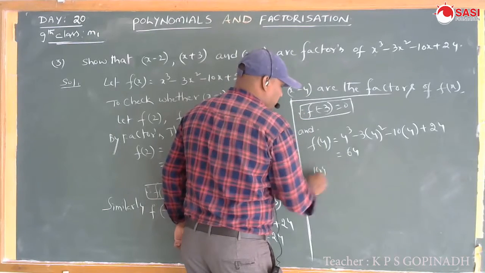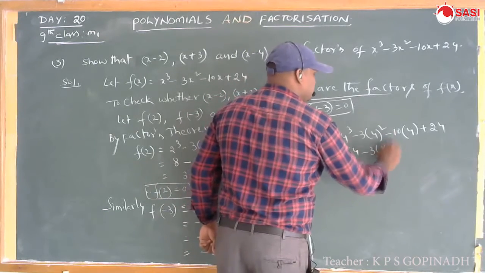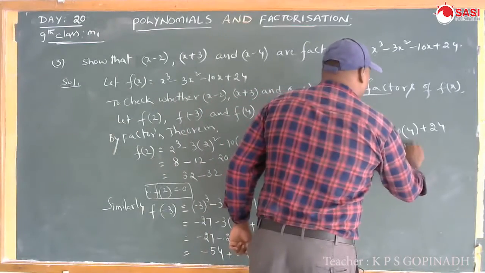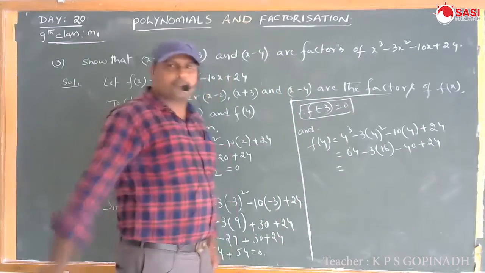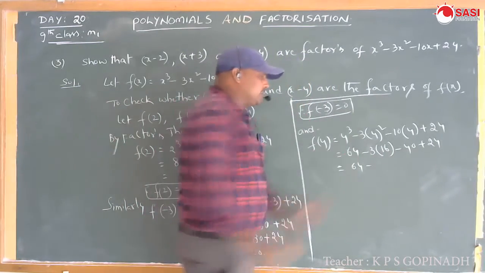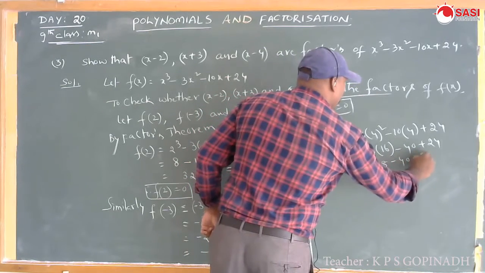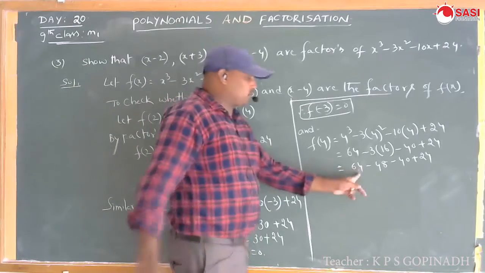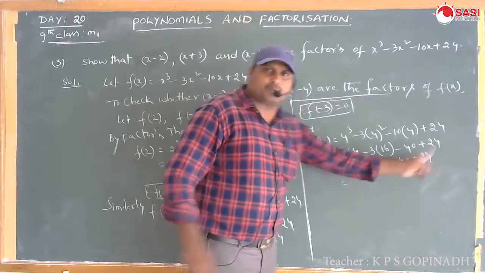16 into 4. Okay. 64 minus 3 into 4 square 16. 4 4 plus 16 minus 10 4 is 40, plus 24, which is equal to 64 minus 48 minus 40 plus 24, which is equal to, first add the positive numbers. 64 and 24, these two are positive numbers. 64 plus 24